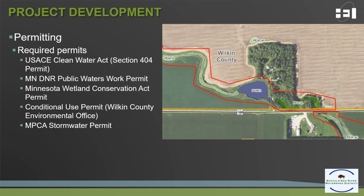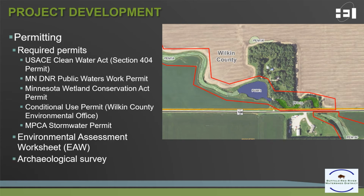We need to quantify the area of them and then determine what steps we need to take. And so it was determined based on Whiskey Creek and the benefits that it will provide that we have a no loss for this project, meaning that any wetlands that we impact will be mitigated by increased wetlands provided through the project. And two other areas that we had to address with this project were completing an environmental assessment worksheet,